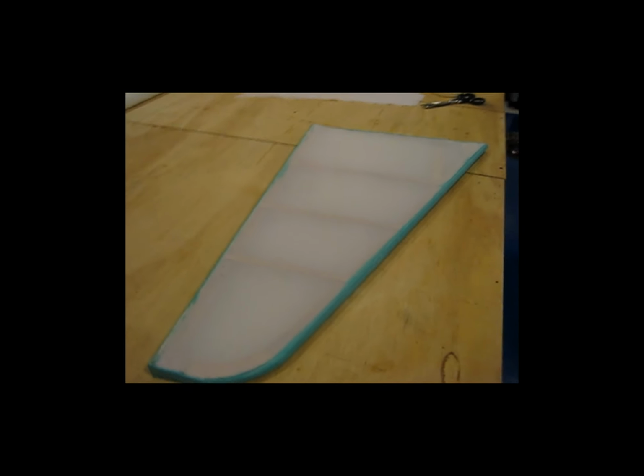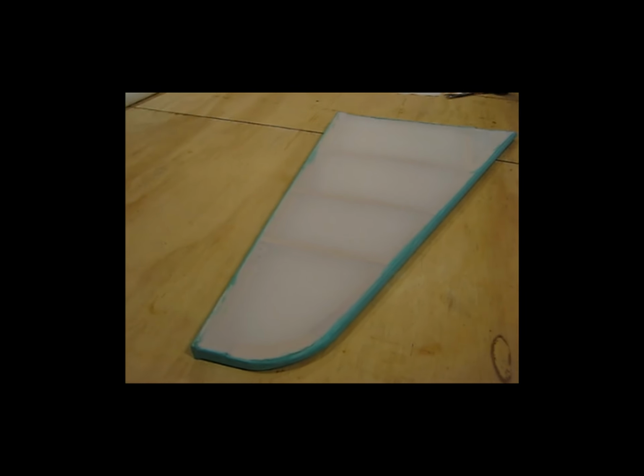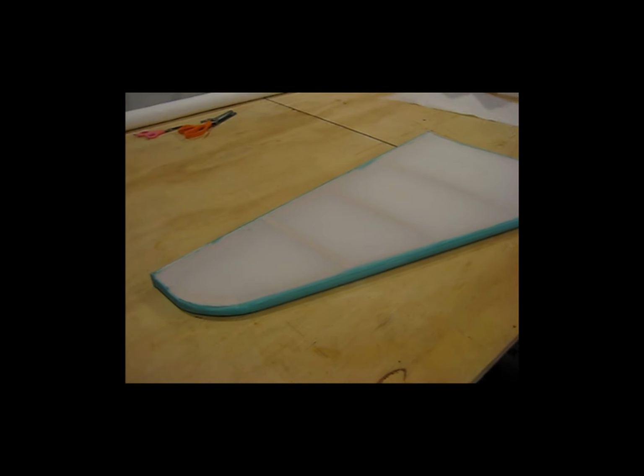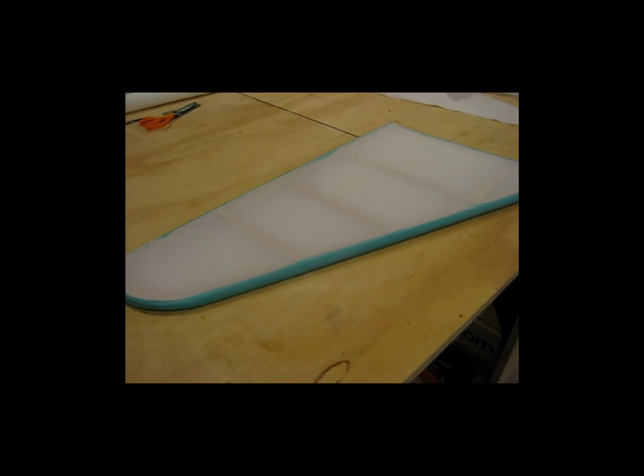So far so good on the vertical stabilizer. This part is now finished except for the rib stitching and the finishing tapes. It actually came out quite well. I am very pleased with it, and it was simpler to do than I had expected. I thought it was going to be a little bit more involved and a little bit harder to actually do,